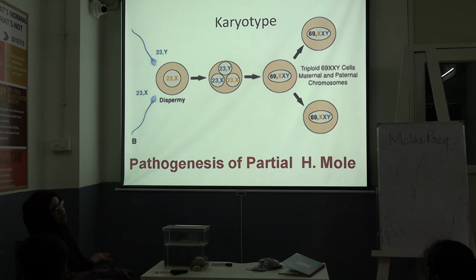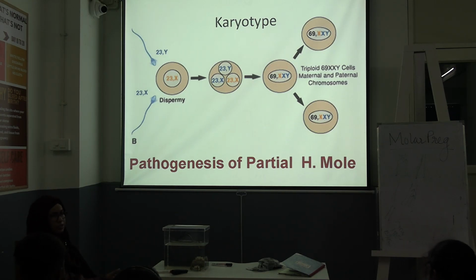Okay, and when you examine the patient, the BP was slightly raised, say 140 by 90, and there was pallor, say 8 to 9 gram hemoglobin. On parabdominal examination, the uterus was very large, say around 24 or 30 weeks. On PV examination, you saw grape-like vesicles, the os was slightly open, and you could feel the vesicles. You ordered USG obviously, and you saw the snowstorm appearance, also known as honeycombing appearance, on the ultrasound.